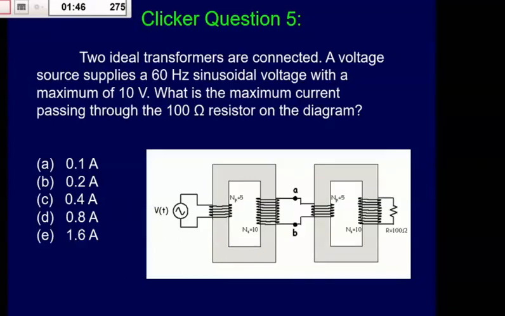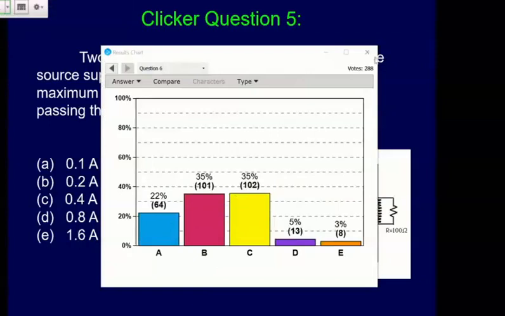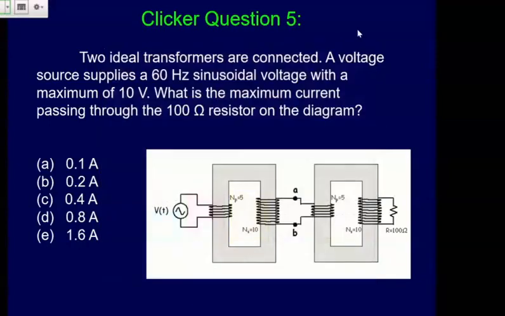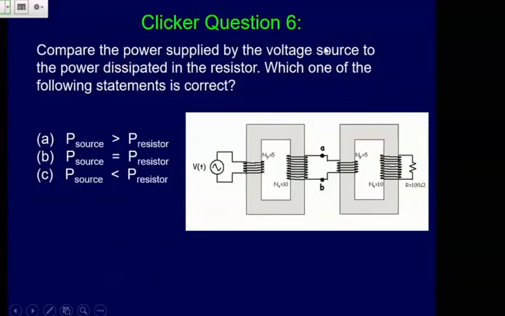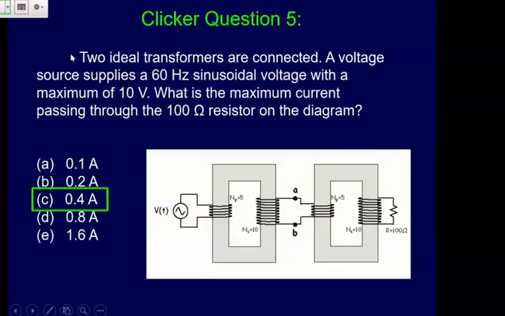Okay, let's go ahead and call time on this one. This one's a tougher one, so it's a little bit mixed up. I'm going to say this is our answer here. So what you've got here is two transformers: one where this is 5 loops and 10 loops, and then 5 loops and 10 loops. If we go back to the equation that we were dealing with,